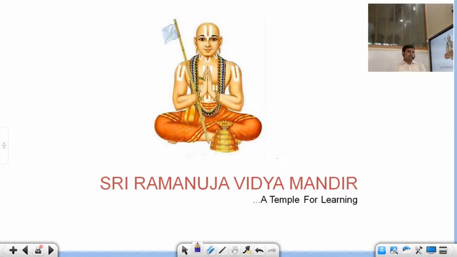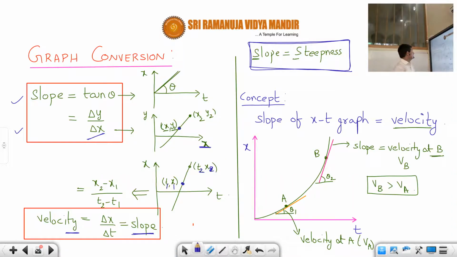Before going to today's session, let us revise for 2 minutes what we learnt in the last session, that is the 24th session. We first saw what is meant by slope, and the two definitions of slope: one is tan theta, another one is delta y by delta x. You already know this. These are the mathematical definitions of slope. But from a physics point of view, slope means steepness. If slope is more, steepness is more, and if steepness is more, slope is more. We covered that in the beginning lectures of graphs.